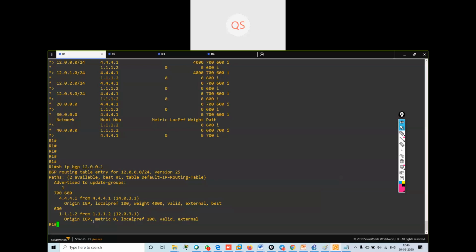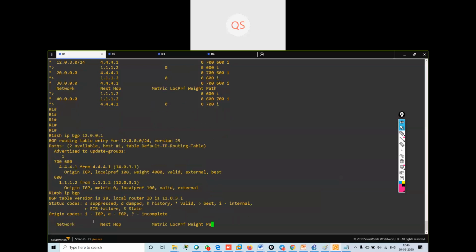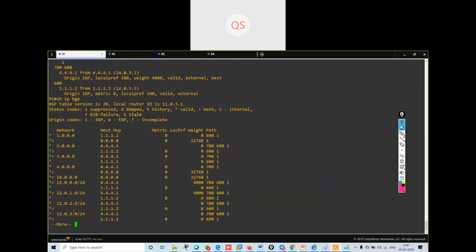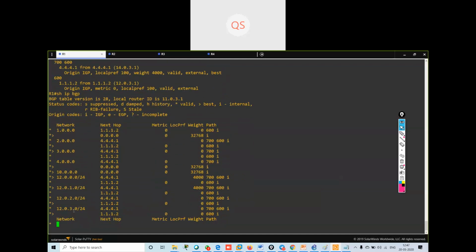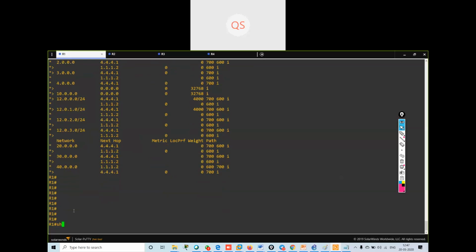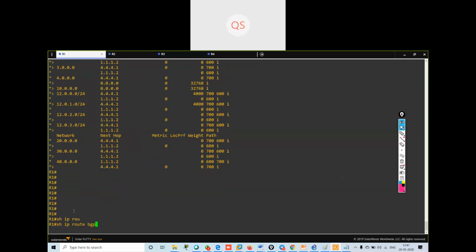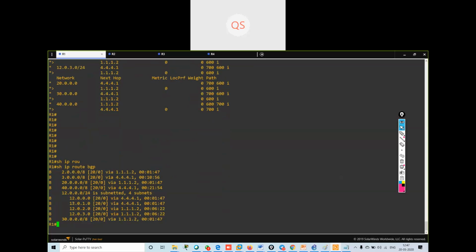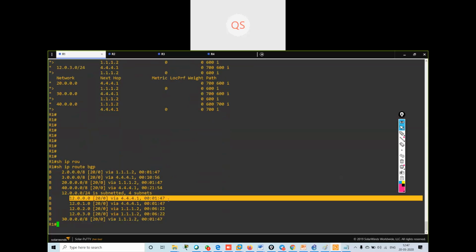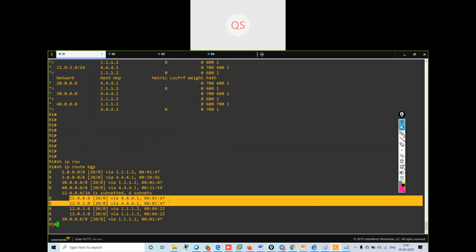If I see the routing table, show IP BGP, or you can say show IP route BGP. See, my 12 dot network, these two networks are going via 4.4.4.1.